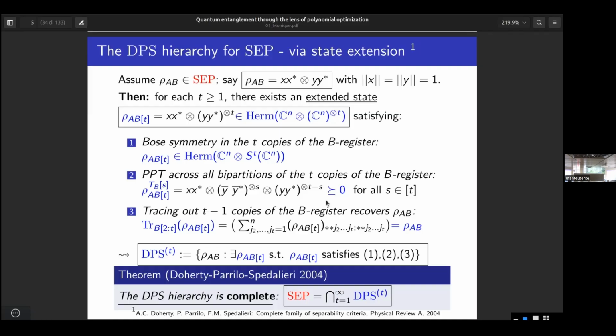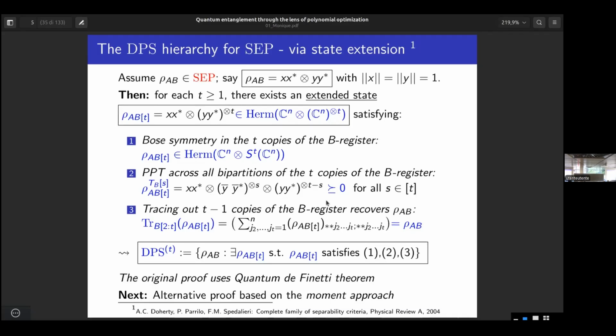For instance, as I said in the beginning, the Werner states, we know exactly what the conditions on the parameter are which ensure that it's in the set. So there you can say something. So for some classes of states with structure, one can say. But in general, finding a state which is in level T and not in T plus one, it's a good question, yes. And that is the motivation for looking at classes of states which have more structure. This has been a line of research in the literature.